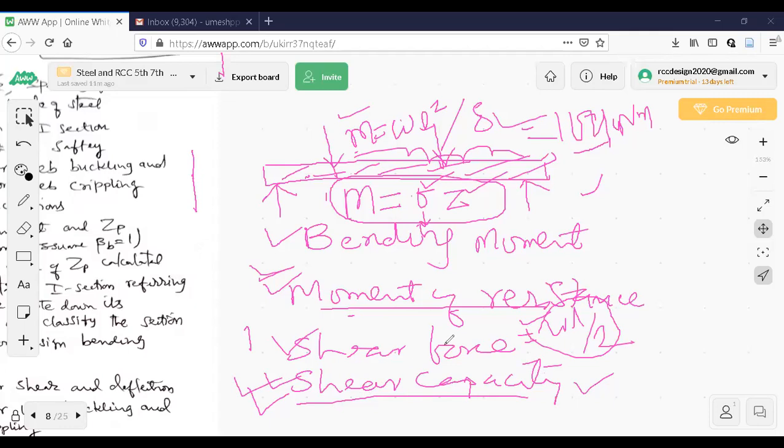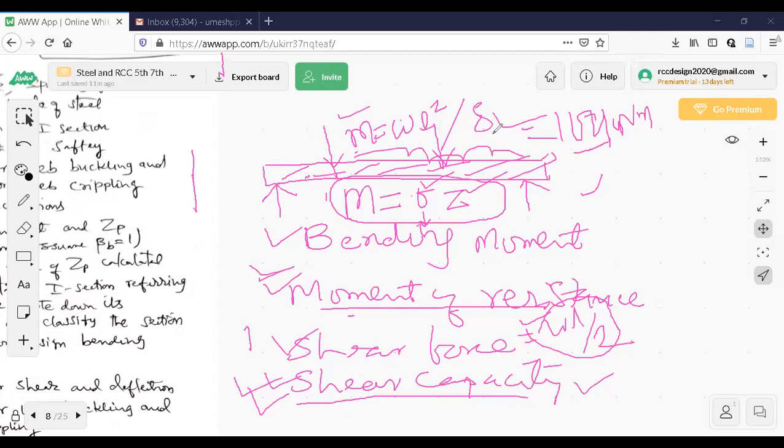Now, as you know, usually rectangular section is used in RCC buildings. I section is used in case of steel structures. You will come to know why it is like that. So I'll go to the first page. I will explain the design steps. Observe here. Any questions here? Anybody has any questions to ask?